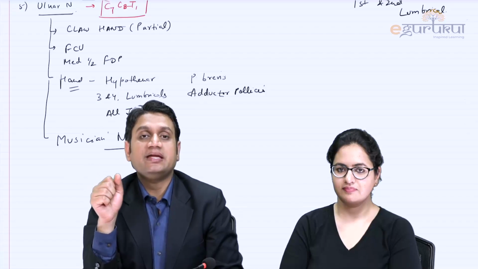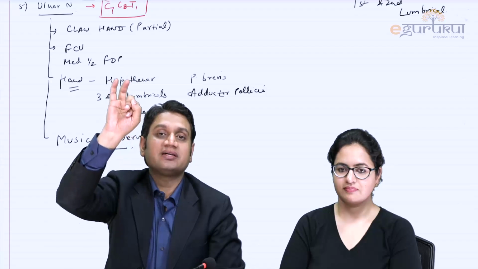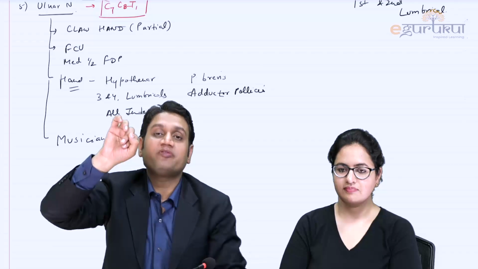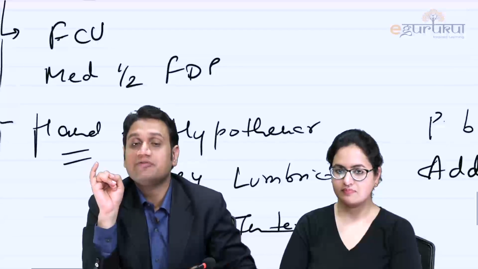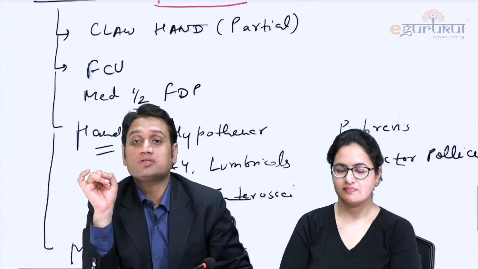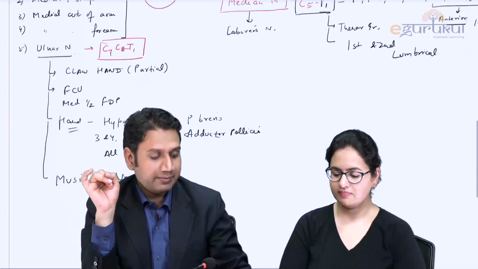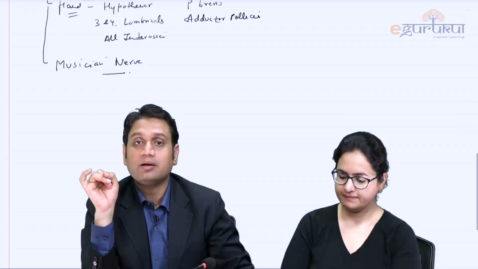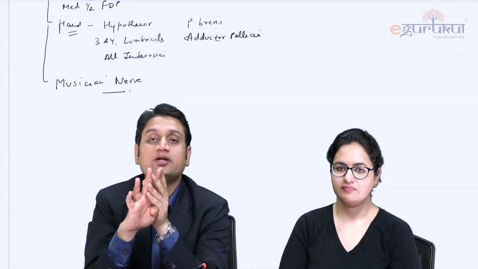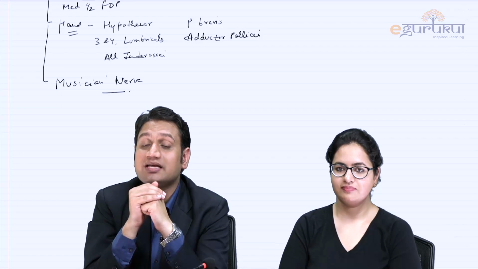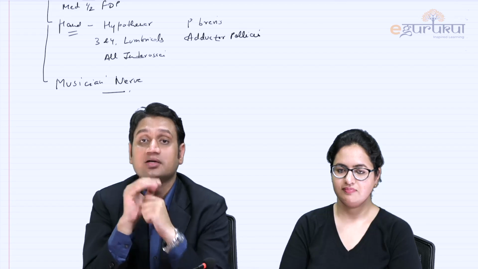Medial half of FDP, on this side: how do you check for it? Ask the patient to flex the fingers. FDS will be flexed, but FDP won't be flexed. So what did we call it? This medial half FDP, as ma'am has mentioned. This is what we call the ulnar paradox. Okay, hypothenar muscles in this. One important thing you can appreciate here is that the third and fourth lumbricals always have a divided supply: third and fourth by ulnar, first and second by the median nerve. But the interossei all have the same supply, that is the ulnar nerve. That is the reason it contributes to the ulnar claw hand.